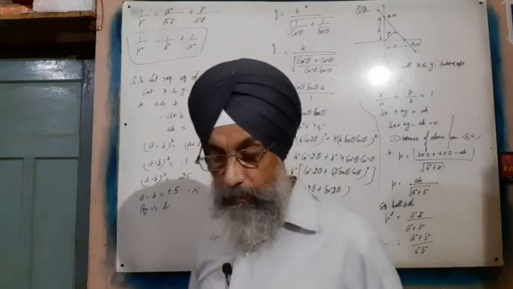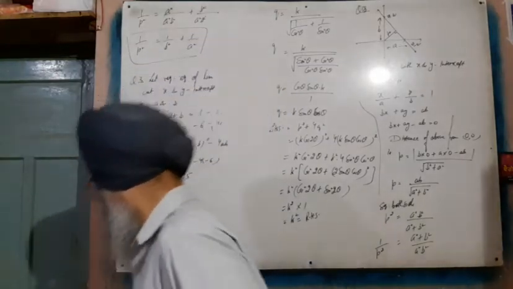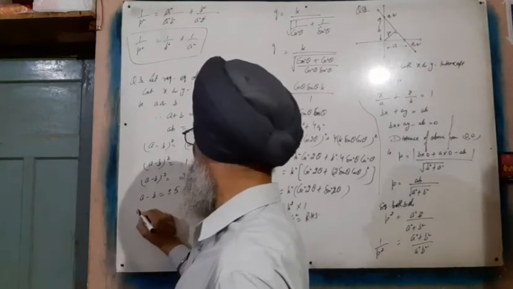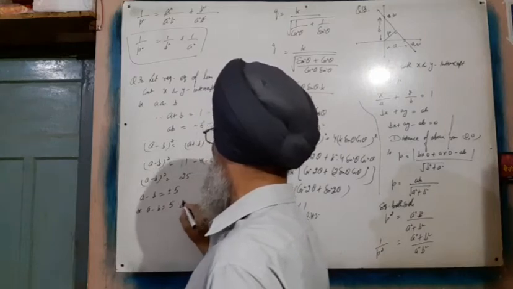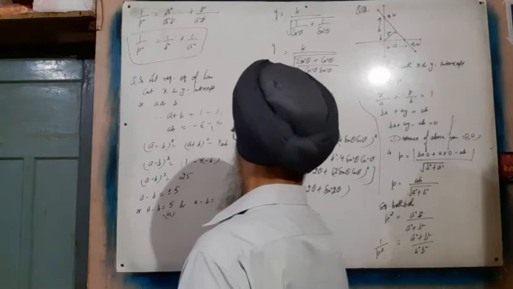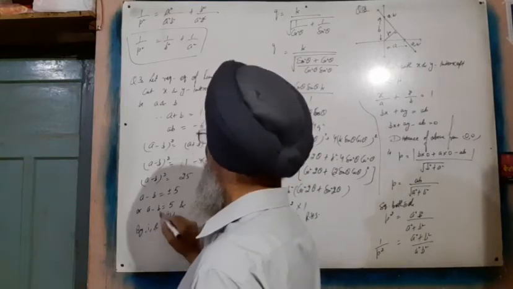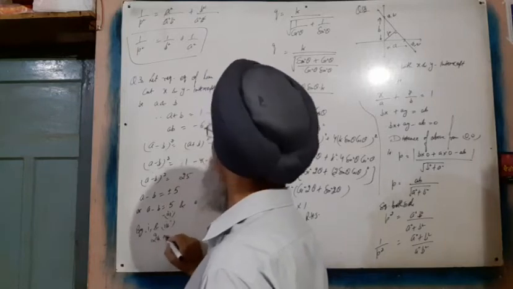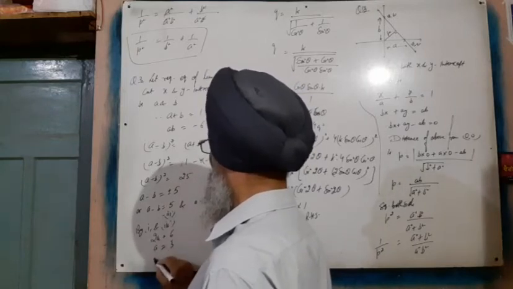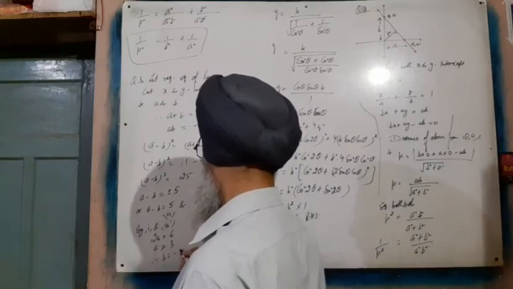So we take the plus also and the minus also here. A minus B is equal to 5, and A minus B is equal to minus 5. Call it as third, and fourth. By first and third, it becomes 2A is equal to 6, A is equal to 3, therefore B is equal to minus 2.